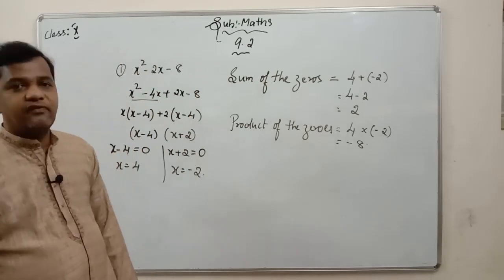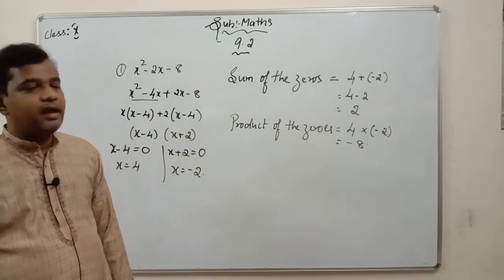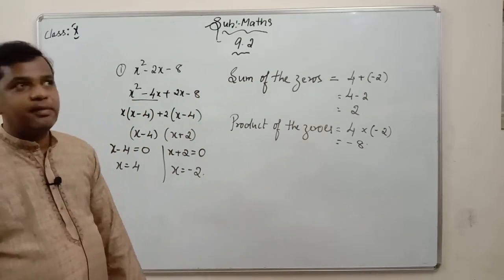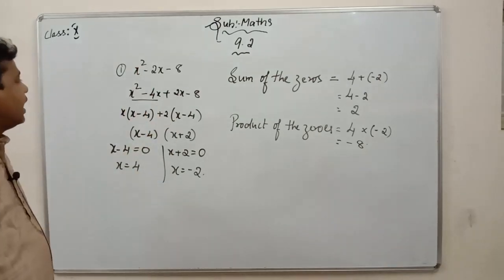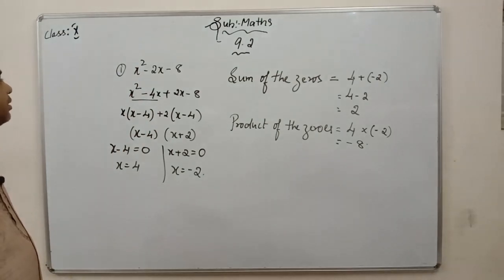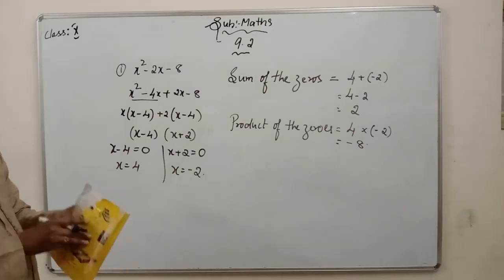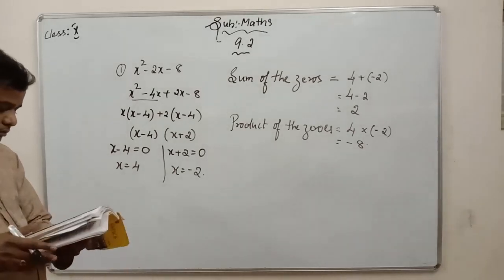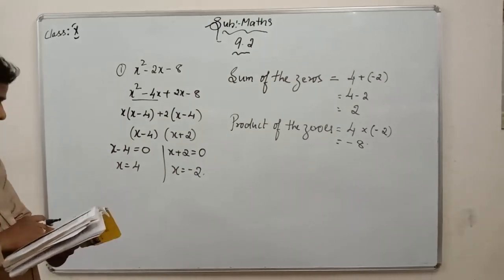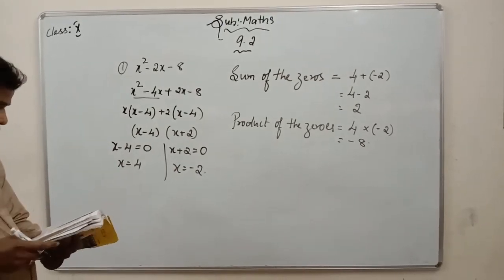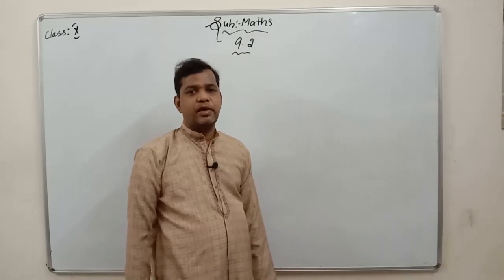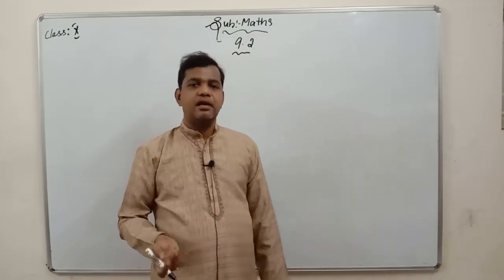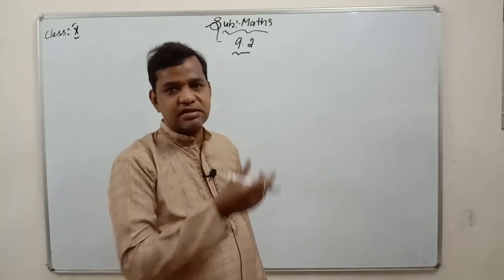Same thing if you want, you can verify by coefficients also. That is nothing but minus b by a or c by a. If you take minus b by a, what you will get? You will get minus b by a is minus 2 only. What we are getting here, same thing. And c by a is minus 8 by 1. You are getting minus 8. Got it? So I told you can go with alternate method also. Alternate method in the sense just going by minus b by a or c by a. If you go that, you will get the same answer also. That is the relationship between coefficients.